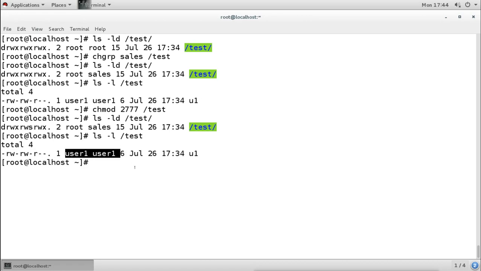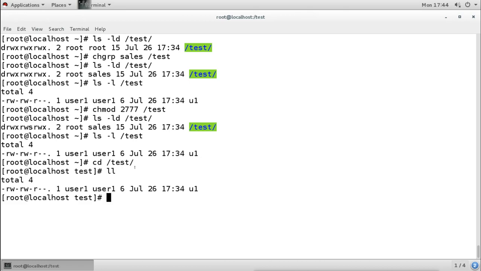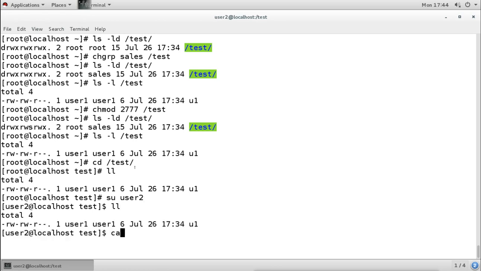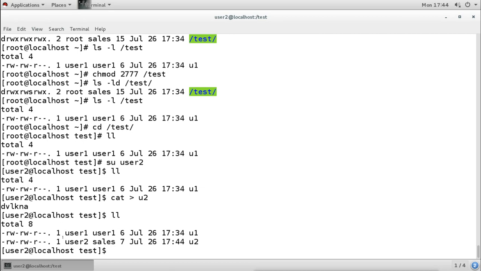But now when another user comes and creates files, for example user 1 or 2 comes, and now this user creates the file, what we see here is that the owner is user 2, because user 2 created the file, but the group owner is the owner of that directory. The existing file is not changed, but the new file, when it is created, is changed.